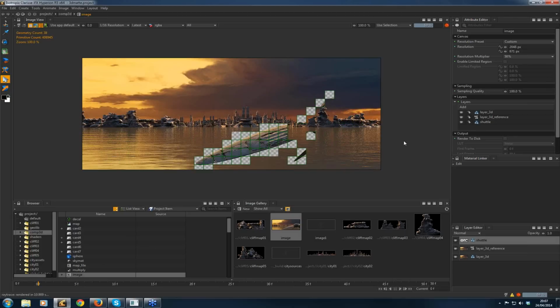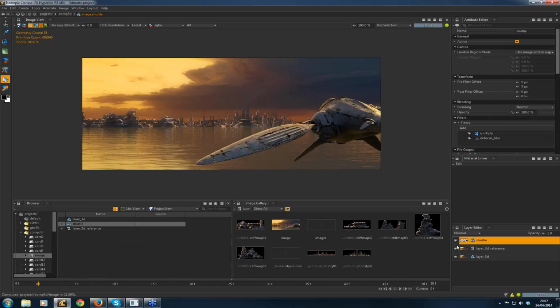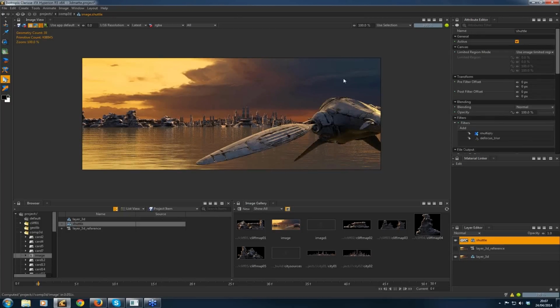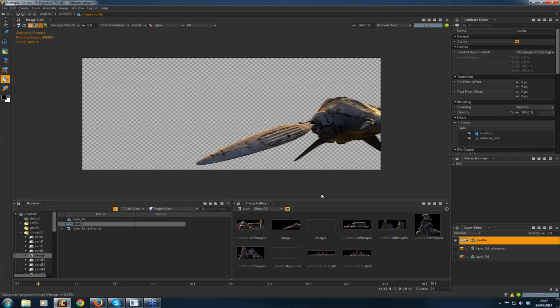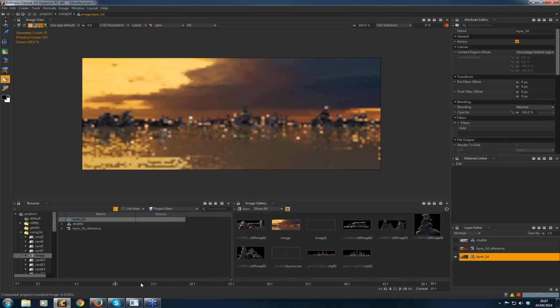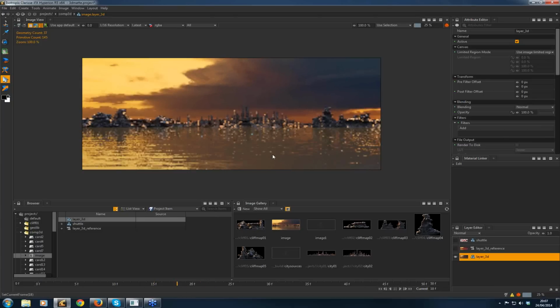Okay, so again you see different layers. So we have a background. This one is just a glow, so not very important, and some spaceships, the same as before. So the first layer is very classic. It's just a 3D object renderer, the classic one. But this layer is way more interesting because you can see the rendering of this one is very fast